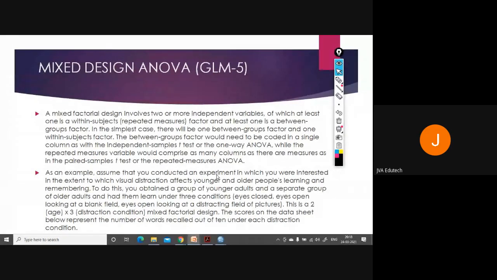So in that case, you will apply this GLM-5 or mixed design ANOVA.